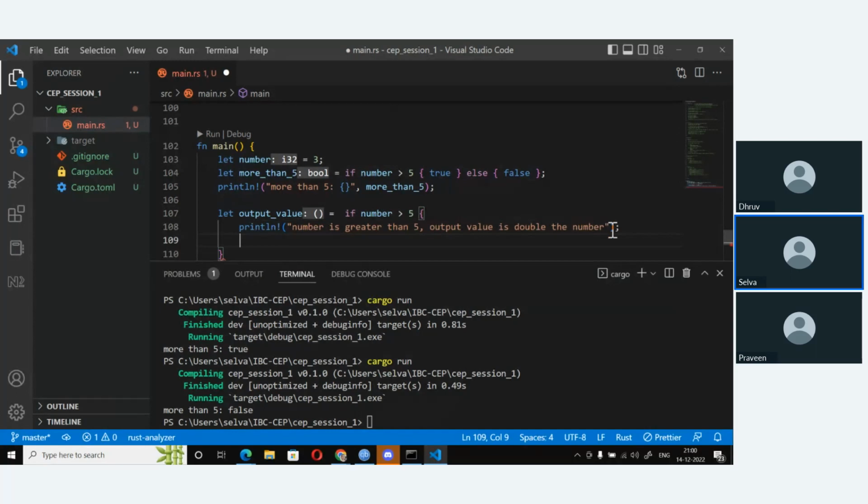So whatever I want to return as the value, I write it as an expression. So I'll say 2 times number.